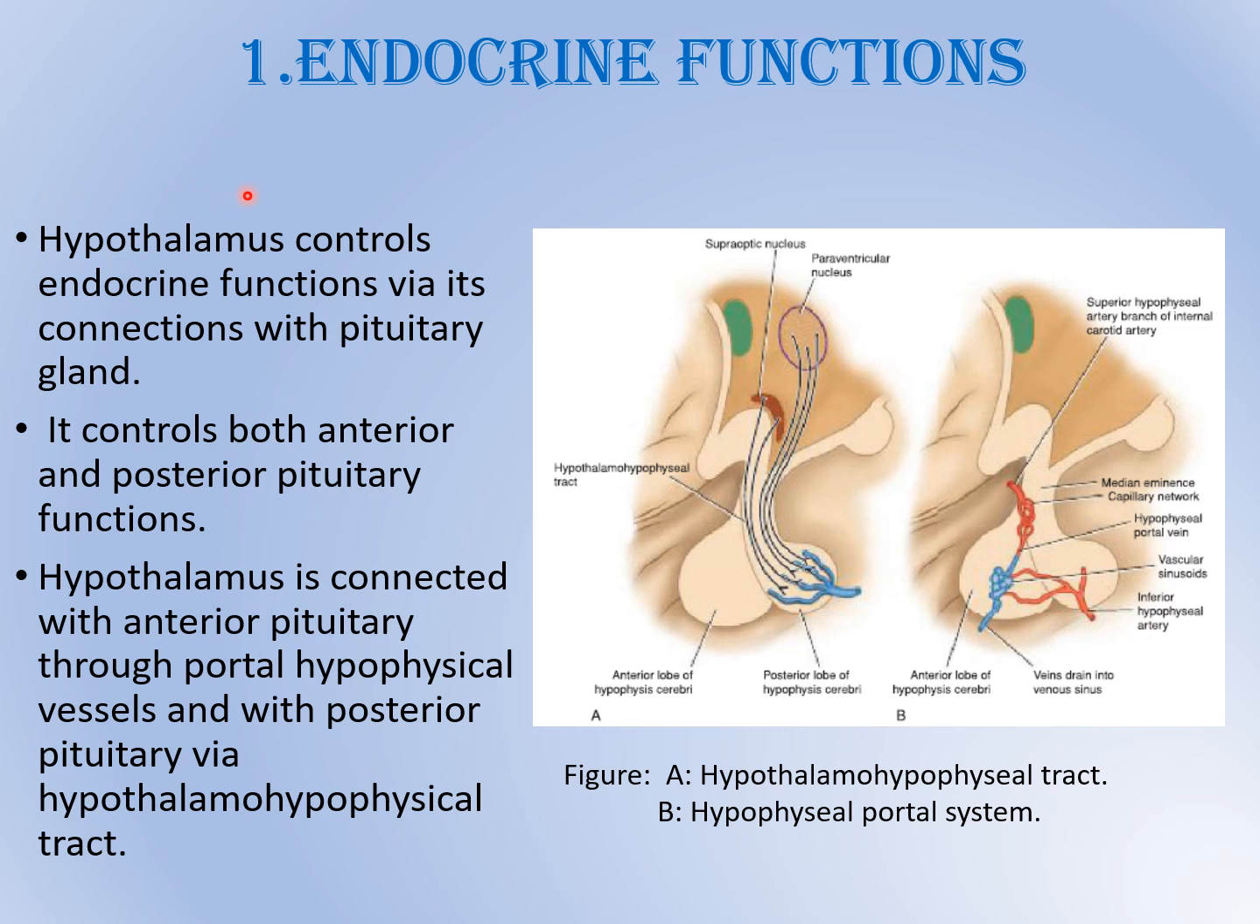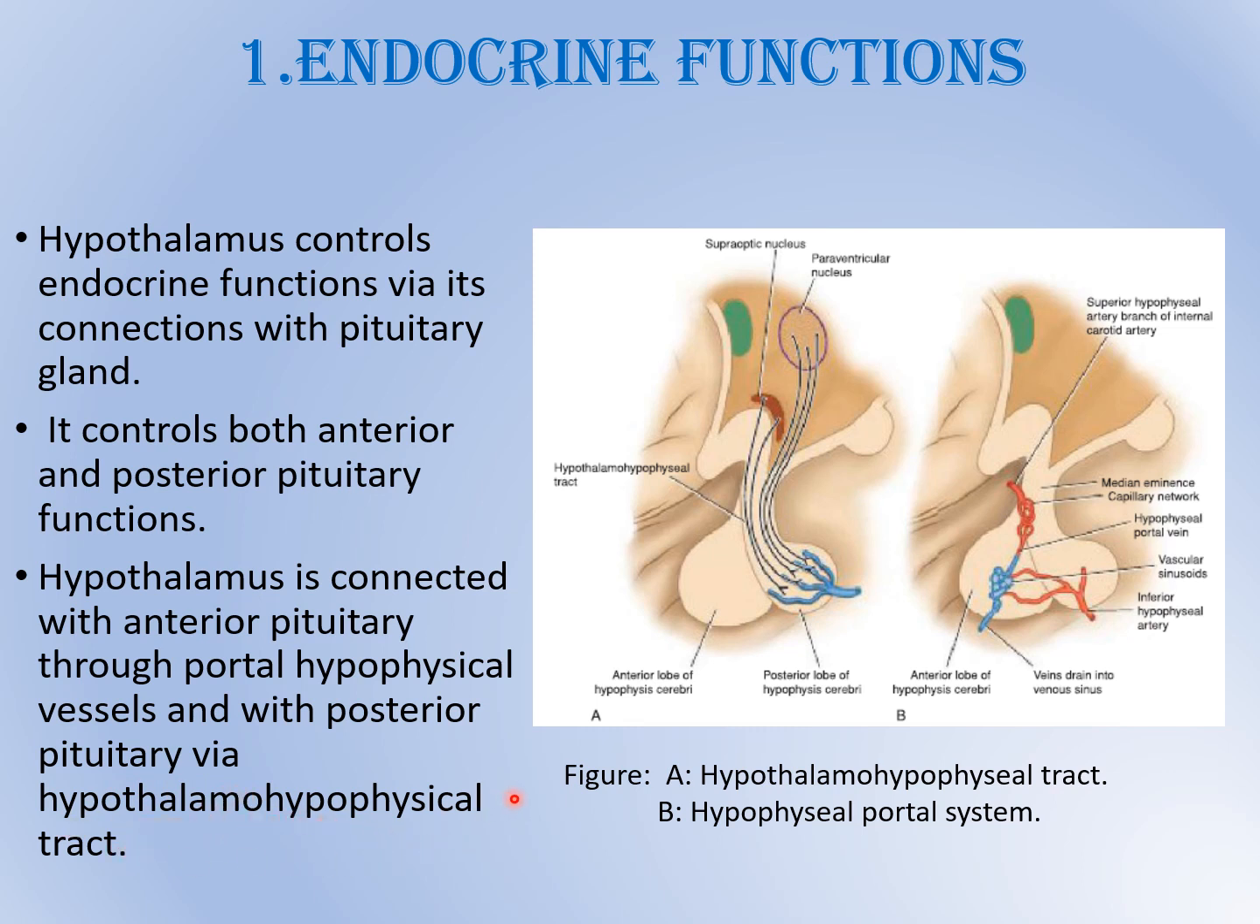First of all, we discuss the endocrine function. The hypothalamus controls the endocrine functions via its connection with the pituitary gland. It controls both anterior pituitary and posterior pituitary functions. The hypothalamus is connected with the anterior pituitary through the portal hypophyseal vessels and with the posterior pituitary via the